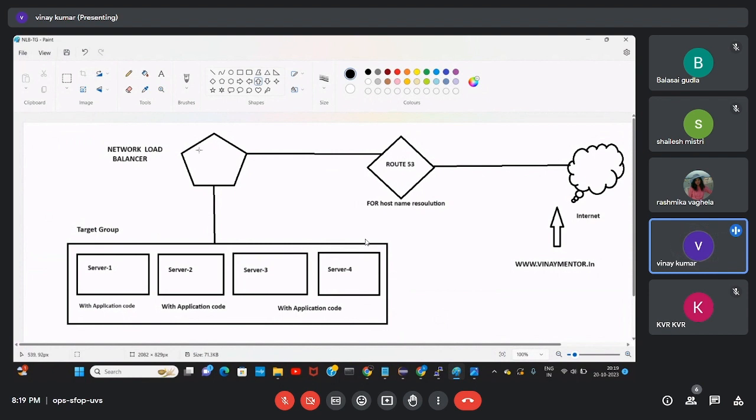Now the network load balancer scenario will be like this. In the application load balancer, we have different target groups, and there you can set priorities, a priority value like that. But in the network load balancer, we just attach this one, it will directly reach the target group, and at the back end it will connect to the servers. Its performance is also very high compared to other load balancers, because it reaches directly, with no other milestones in between.